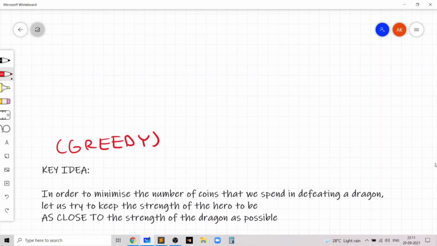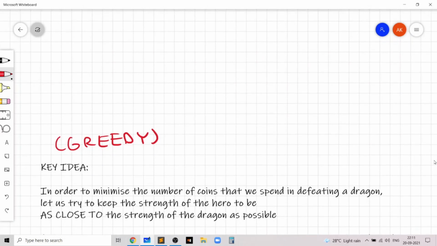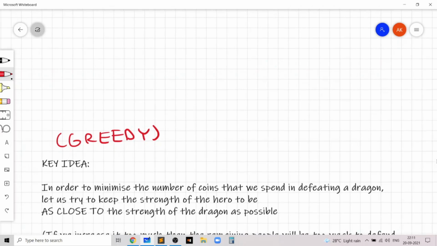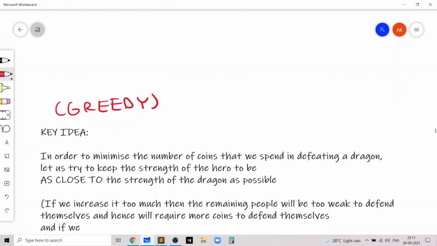The reason why we do this is because if we increase the strength of the hero too much, then notice that the remaining n minus 1 people will have too little strength to defend, and they'll be too weak, and we'll be spending too many coins.